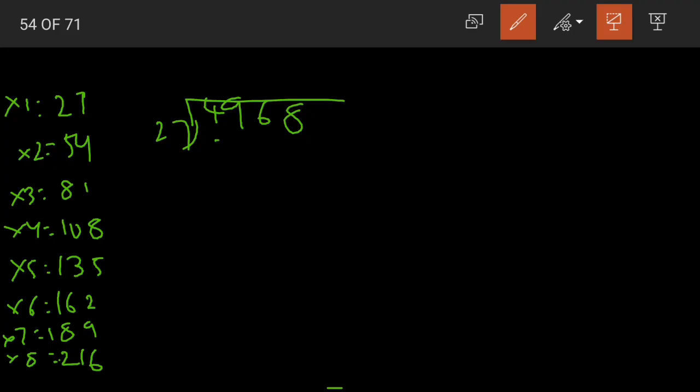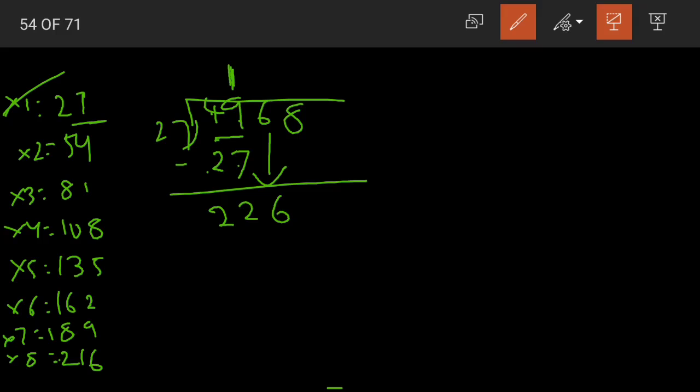Okay. Now if you take the first digit only, 4 here, it is lesser than our divisor. We cannot divide. So taking two digits together. Do we have 49 in the 27th table here, children? No. It comes between 27 and 54. So what should we do? Go with the smaller number. Yes, 27 ones are 27. Remember to write 1 in the quotient. Then what should we do? We should subtract. 9 minus 7, 2. 4 minus 2, 2. We are left with 22.